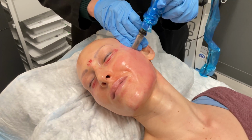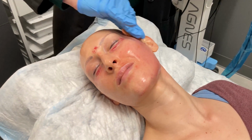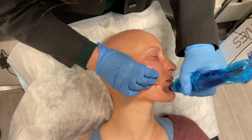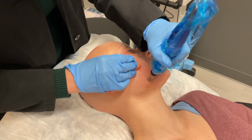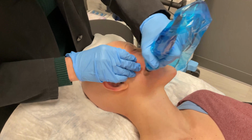little channels heal. Let's get this one little spot. Okay, you're doing great. We're moving on to the other side now. Okay, here we go. Is it okay? On this side too, it's numb too? Okay. I guess I forgot to mention that we did do numbing cream for about half an hour to 45